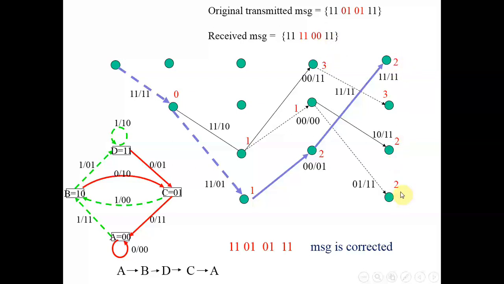Now theoretically, the concept says the minimum value path is actually the winner. Now we have a complicated situation here. Here I am getting this node with value 2, this node is also with value 2, this node is also with value 2, and this node has value 3. So out of these 3 2's, which path should be taken? So normally the thumb rule is the path which goes back to the all 0 path.